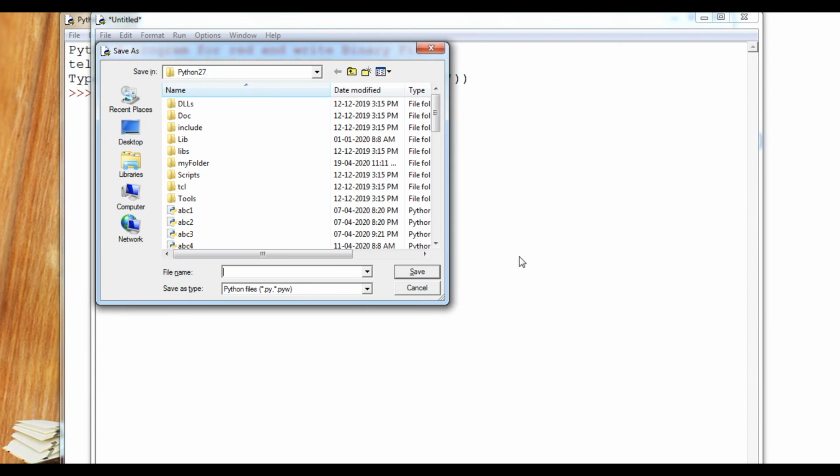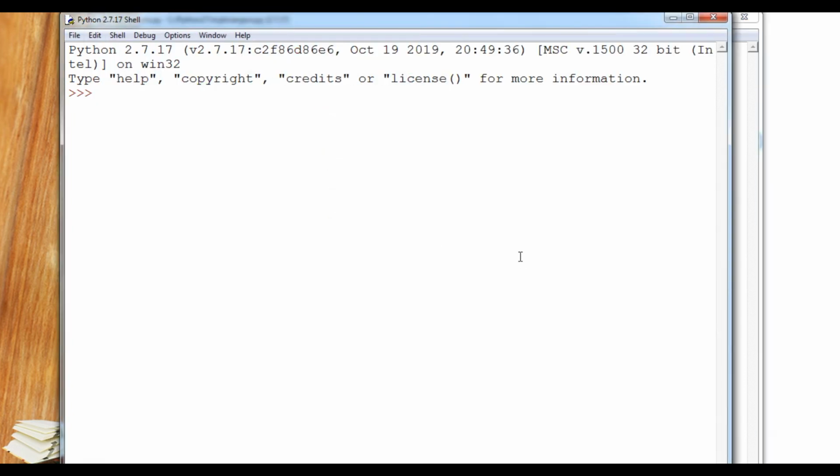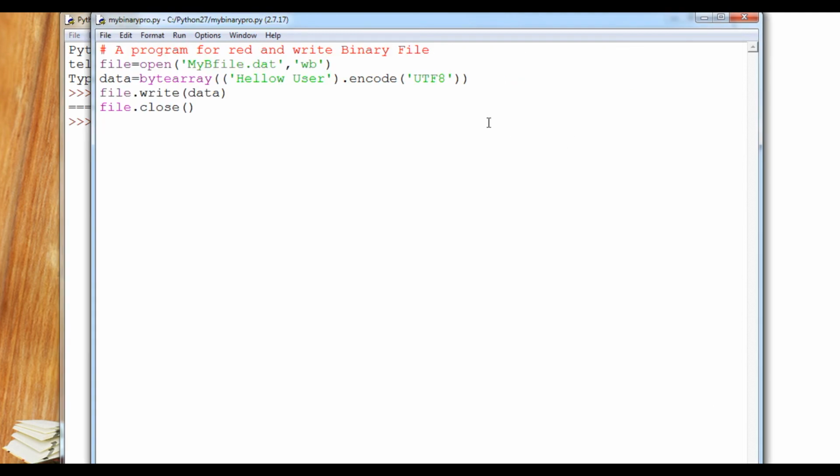This is my binary program. The file has been written, and now we are going to perform the reading operation. The reading operation we will do the same way. File open, and my file name is my b file dot dat, then read binary mode, then I will read it.